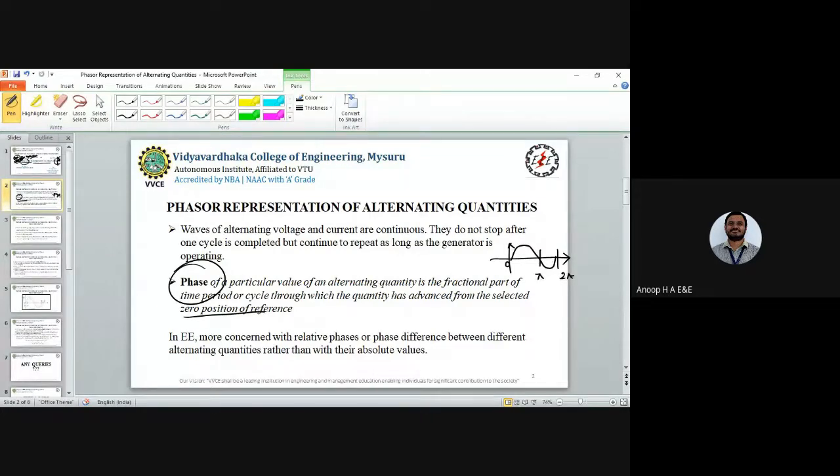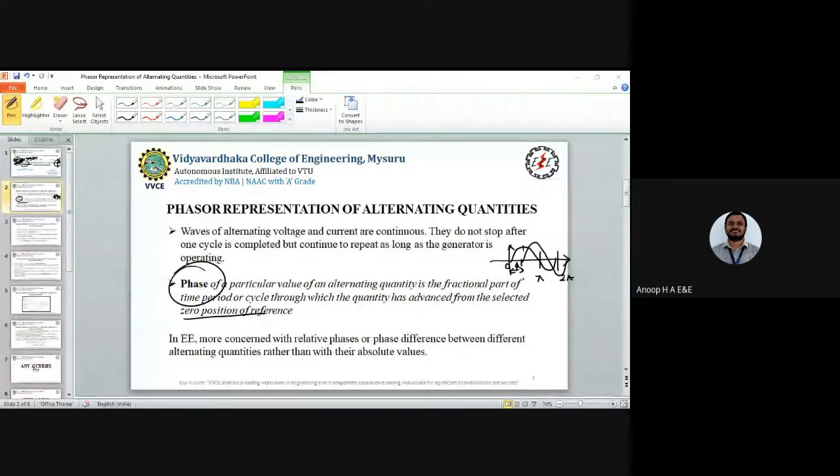Now there is one more alternating quantity which starts just after. I'll tell you what phase angle lead and phase angle lag are later on. It will be starting at a particular time. So what is this angle difference? We generally call it the phase angle difference. The phase angle or the time by which the quantity has been advanced, and this one is a delayed one, and the next one is said to be the advanced one.